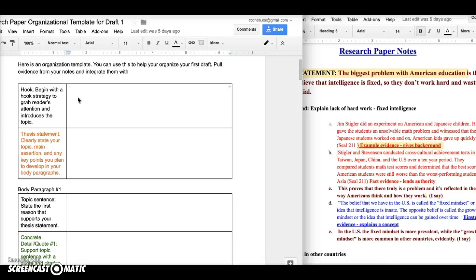So I'm going to go ahead and say, according to American inventor Thomas Edison, genius is 99% perspiration and 1%